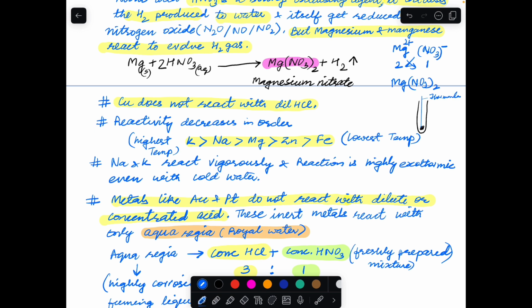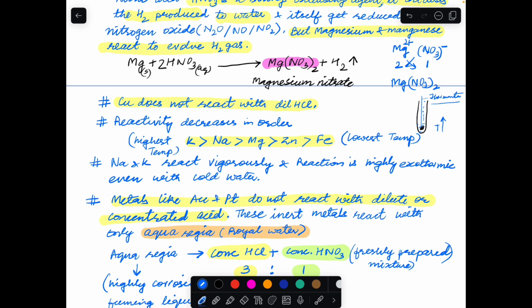Now we will add acid in this, and a reaction will take place. So the temperature of the medium will increase. Why? Because it is an exothermic reaction, because heat energy is liberated,